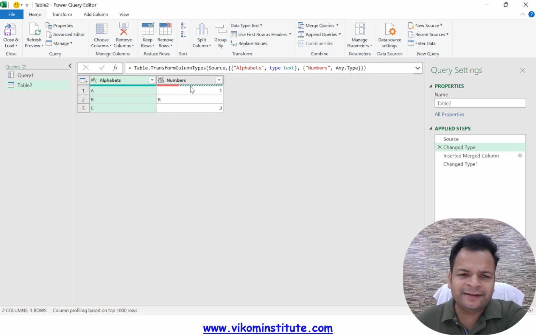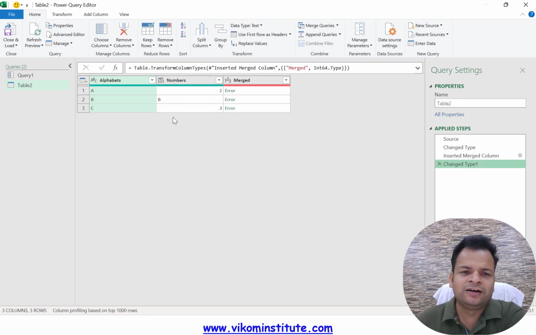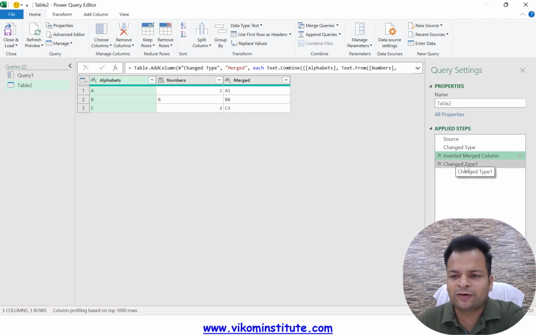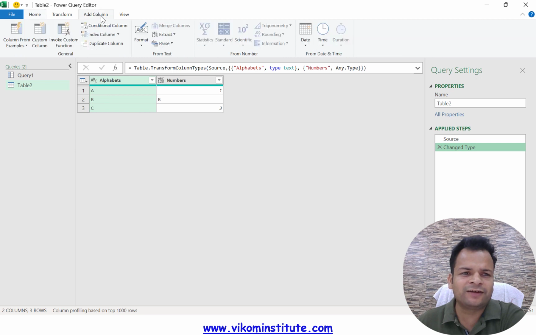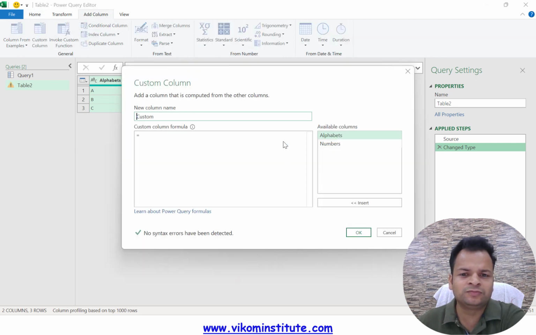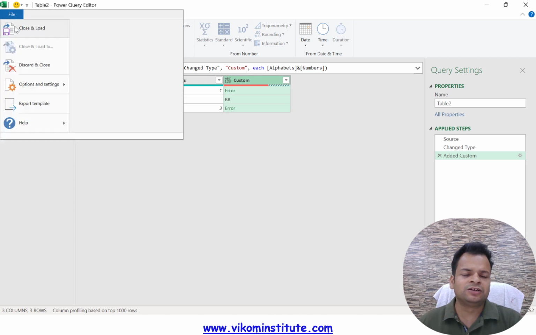So any type, basically now you can enter anything and you will see the result. B concatenated with B. Here it is. Now here we have converted that thing into number. So here it is. If we are trying to concatenate with AND, let's try. So here we are going to load, add column, custom column, and alphabets and numbers. Let's check whether it is working or not. Now you can see this time it is working. So this is data type, and let's close and load.